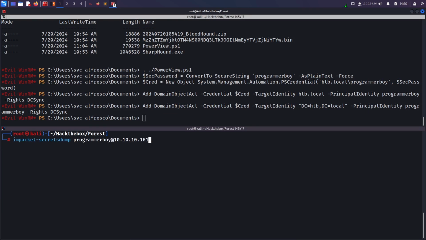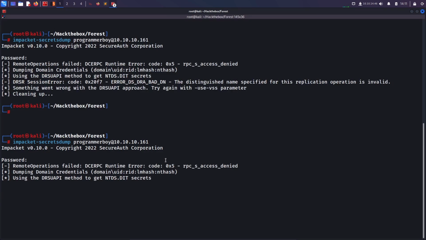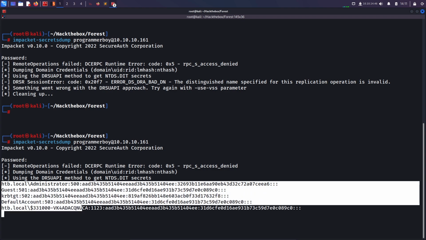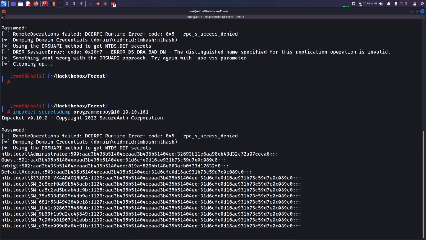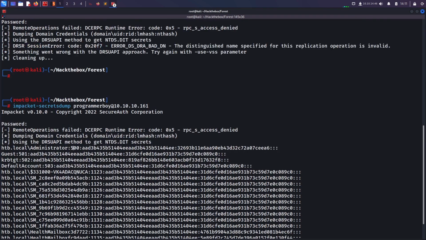Done. Now I will run the same command, impacket-secretsdump programmer boy, password of programmer boy as well, and let's see. So, and there you go. You can see now programmer boy has been granted DCSync rights, and now I am able to dump the credentials from all of the system. And right over here I can see the administrator as well. So now I can just copy the administrator hash. So copy this complete hash,